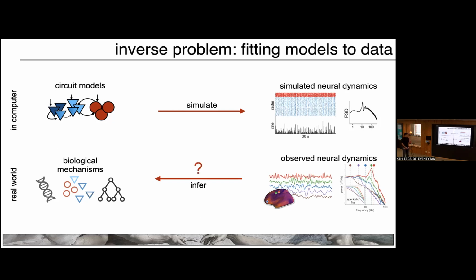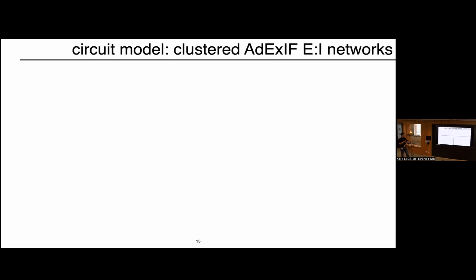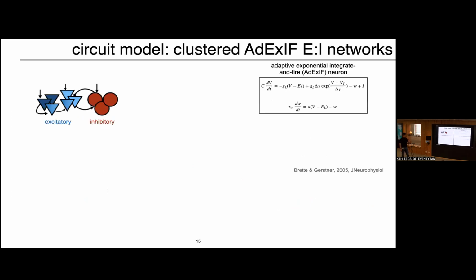Okay. So how do you actually do this? The technical problem is going to become apparent once I describe to you what the model looks like. And the model here I'm using, it's a spiking neural network with point neurons, so it's not real neurons, but they have real differential equations that describe the voltage dynamics of the single neurons. Specifically, they're called adaptive exponential integrate and fire neurons. So it gets an input and then every now and then fires a spike and then resets. And the spike follows this exponential sort of